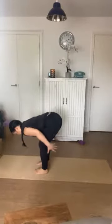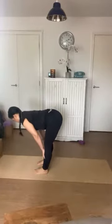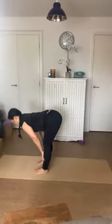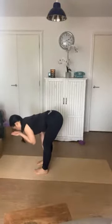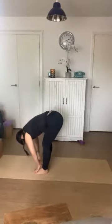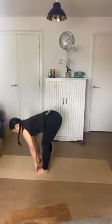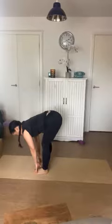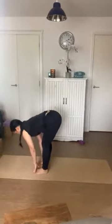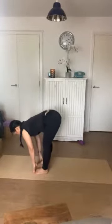You can start to lengthen the back of your legs behind you if that's more comfortable. If you want to come into it a bit deeper, you might prefer resting your hands on your legs. Just notice what feels nice for your body. Good. But think about this fold from your hip space. You have kind of a longer spine. That might change a bit to having rounded shoulders, relaxing downward. So wherever that's comfortable for you, but just feel like the tailbone lengthens away, but the top of your head is relaxing forward. That creates nice length in your spine, little bend in your knees as much as feels comfortable